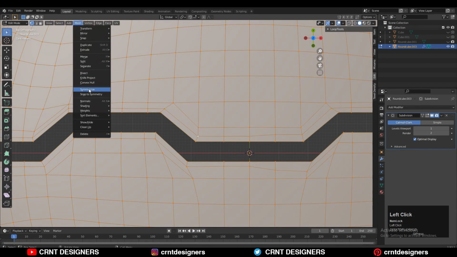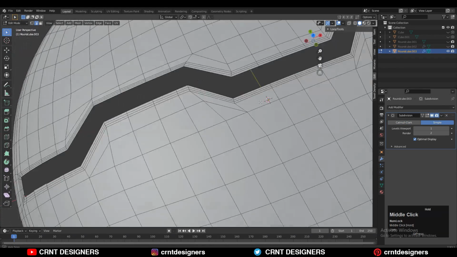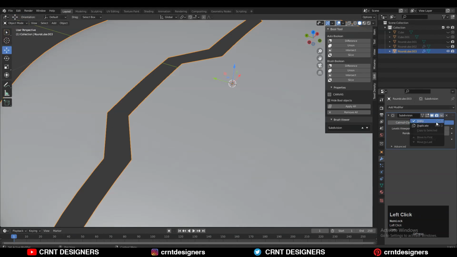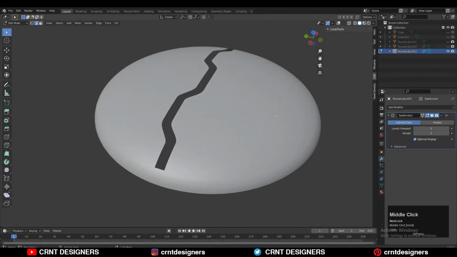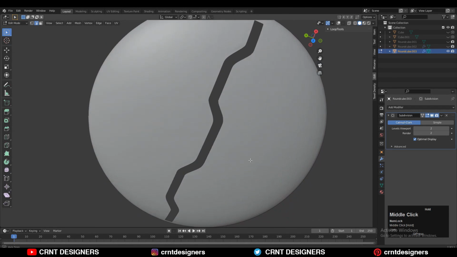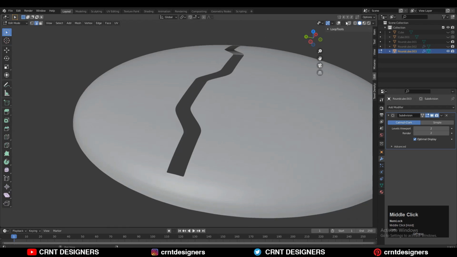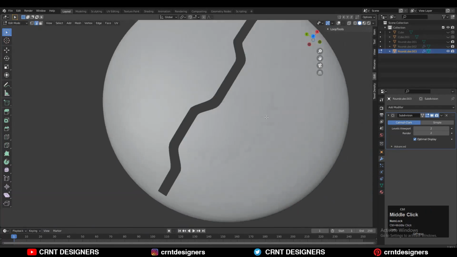And then take the symmetry along the x-axis. And now you can see after adding this subd modifier, I'm getting these results. I'm getting a smoother curve, so that's why I applied that subd modifier with the one viewport level. And then I have added another subd modifier. And now just increase the count of the subd modifier. So I have applied that subd modifier by keeping it on simple.